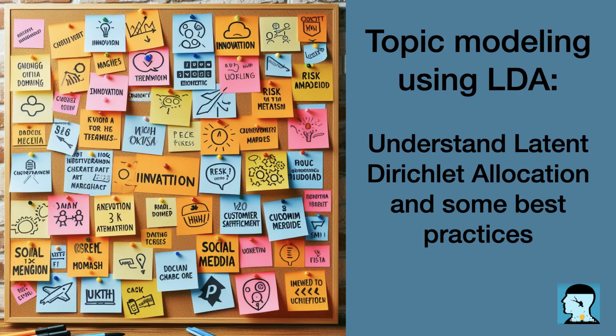1. It calculates the probability of each word belonging to each topic, based on the current assignments. 2. It reassigns each word to a topic based on these probabilities. Words are more likely to be assigned to topics that have a high probability of generating them. 3. It updates the topic distributions for each document and the word distributions for each topic based on the new assignments. The algorithm repeats these steps until it reaches a convergence point, where the assignments stabilize and the model fits the